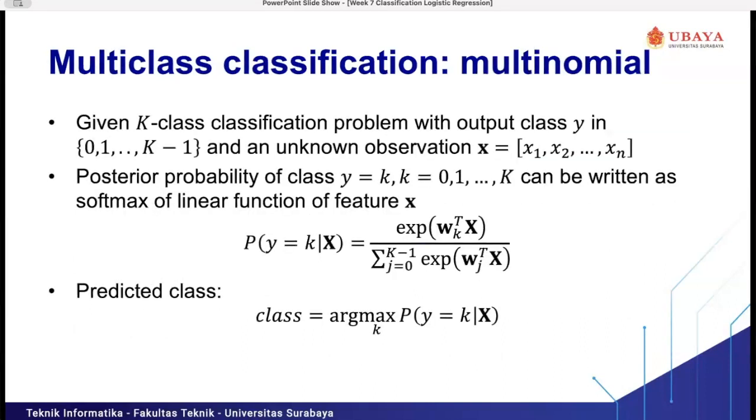The other method for the multi-class classification problem is using multinomial.